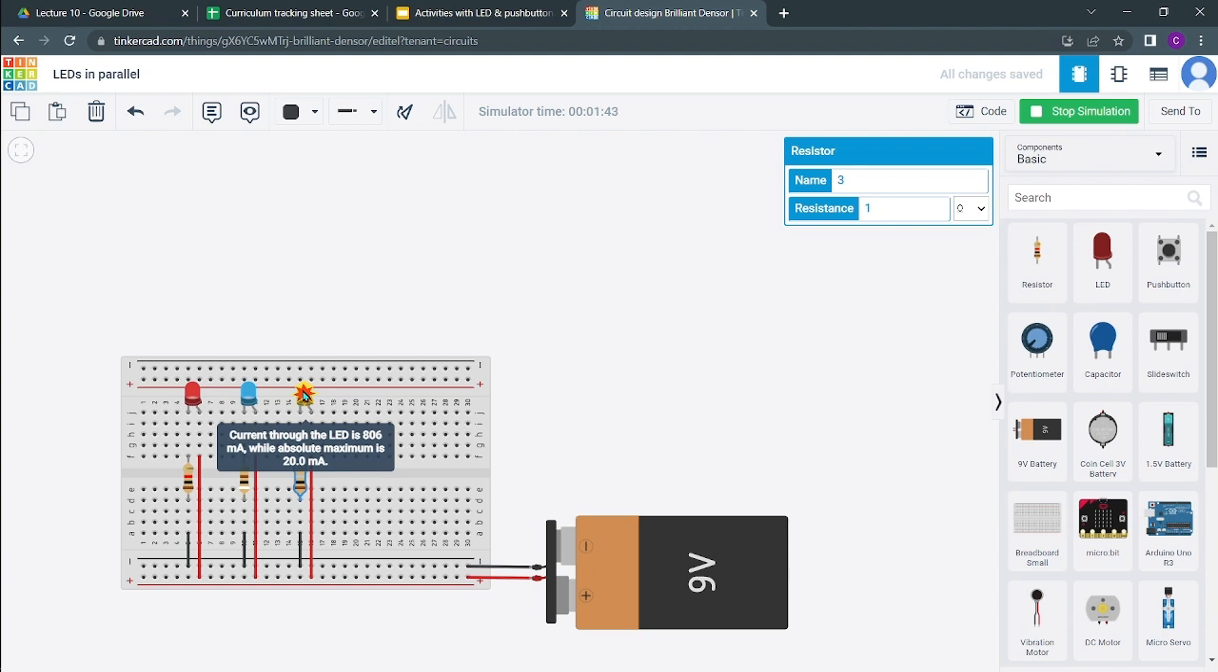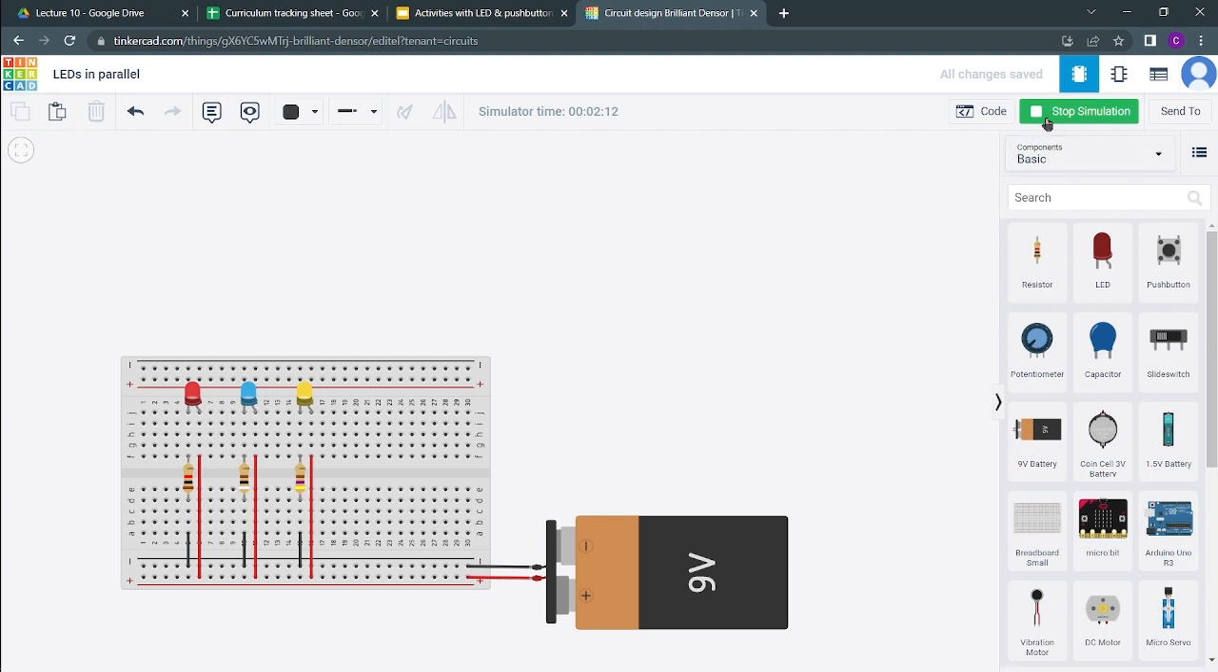maximum allowable value of current is 20 milliampere, while the current right now flowing through this LED is 806, which is about 40 times more than its allowable maximum value. Hence the current in this path is so high that it is damaging the LED. Hence you are required to provide a specific amount of resistance in order to maintain the lifespan and also to maintain its brightness. Hence I'm changing it to